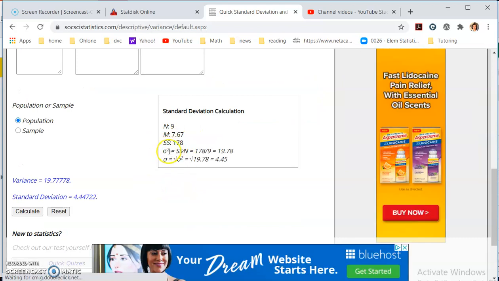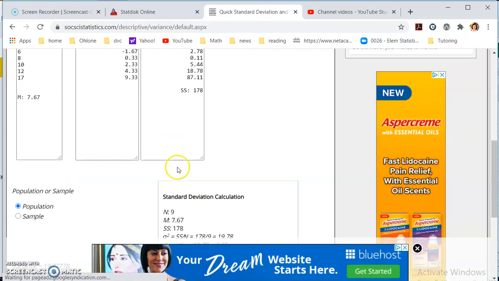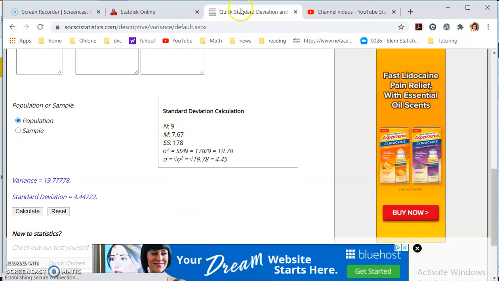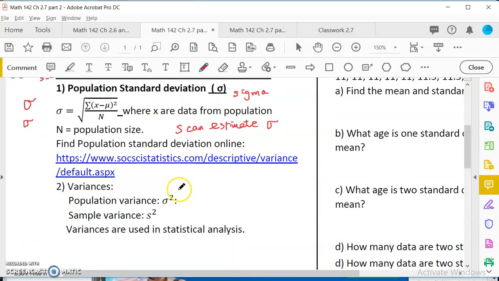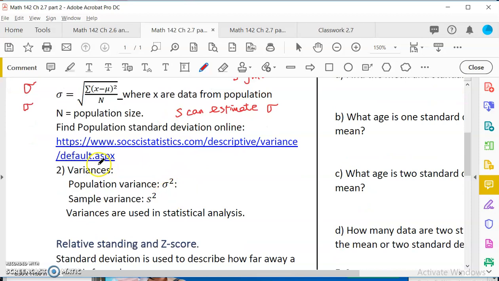It gives you sigma square and sigma. Okay, sigma square and sigma. Sigma is the population standard deviation. And of course, it's not very good because of tons of add. So we call it sigma. So the other